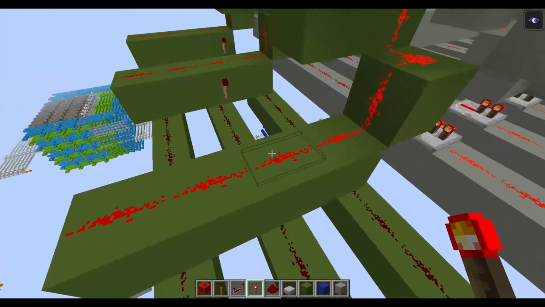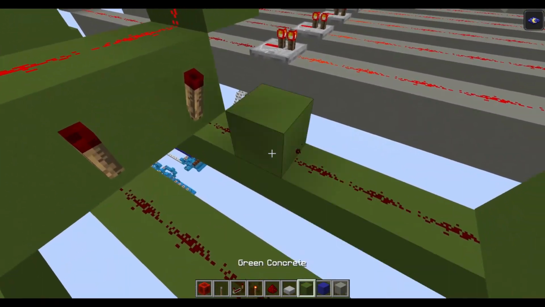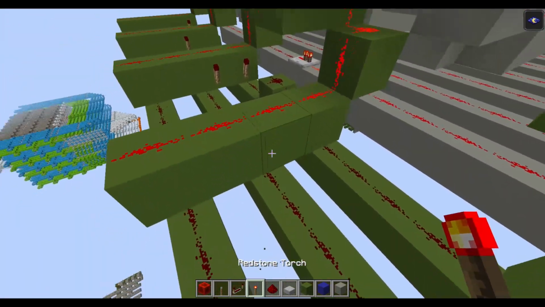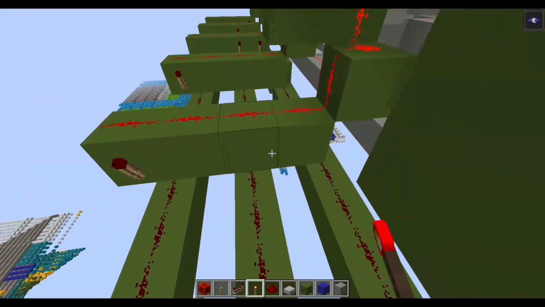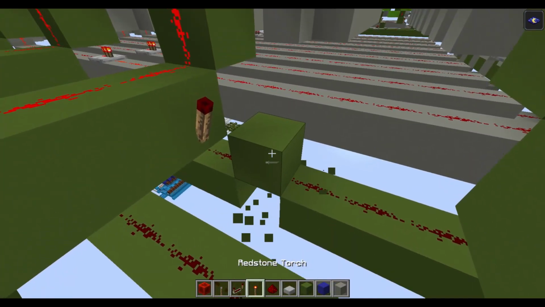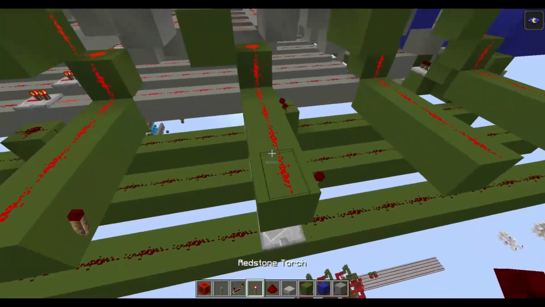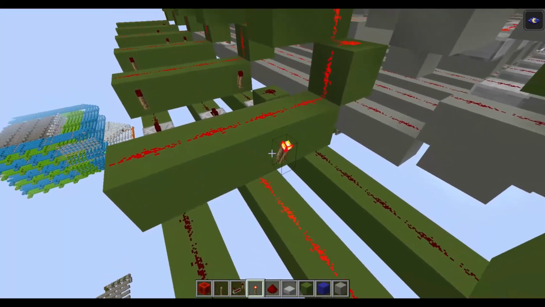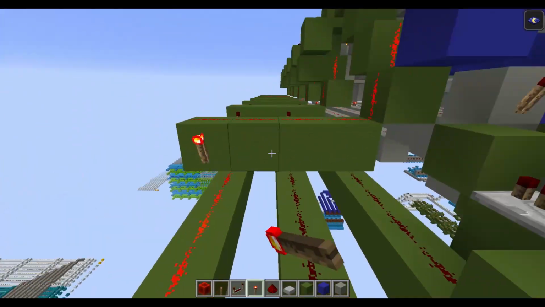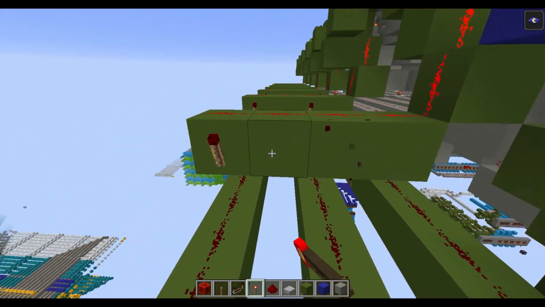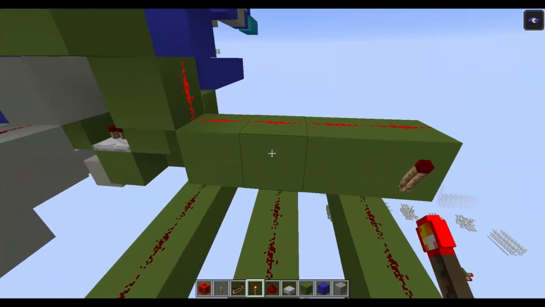Now let's code this. So you have now 3 here, then 4, 5. Under the 5 you need some repeaters, and then you have 6 and 7. The 7 needs to be this side.